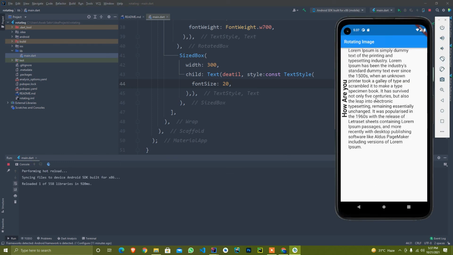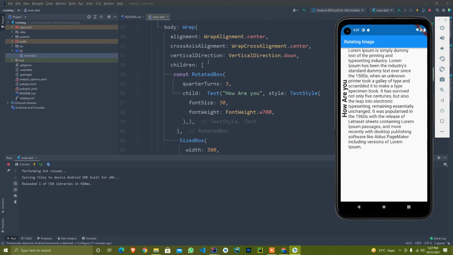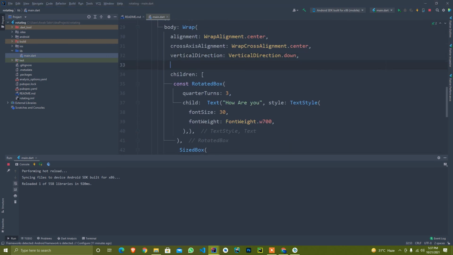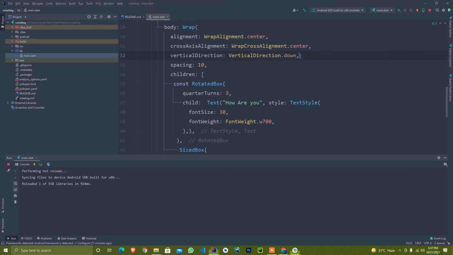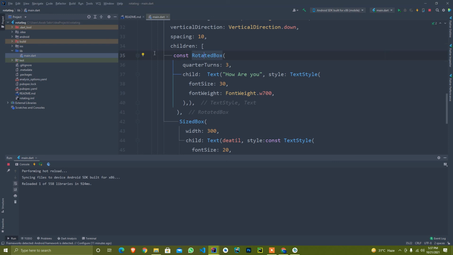If you want to move how are you to the top, then you can do it easily. Just here I set this spacing. I just give spacing only 10 and it looks like this, and here we got a spacing somewhere over here. So I simply do nothing. I just wrap it